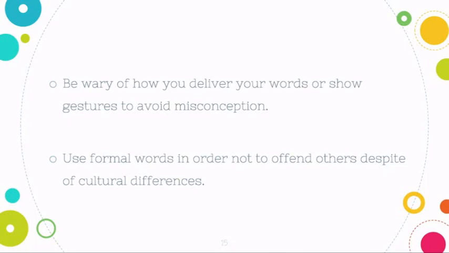But in our succeeding discussions, you would know when you can be casual towards a person, maybe even if you just met him or her. But just to be safe, if you're meeting this person for the first time and he or she has a different nationality or culture than yours, you always have to be formal and civil with this person.